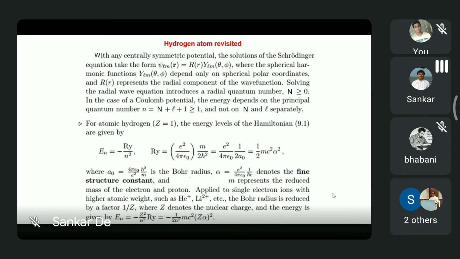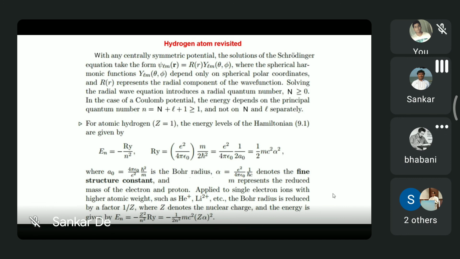But FAIR is not in CERN. FAIR is in Darmstadt, Germany. It's a very nice, big accelerator lab. But there also the problem is that it's been going on for many years. I was also involved in one of the projects. The timeline is 2025, 2026, like that. It is getting pushed further and further.